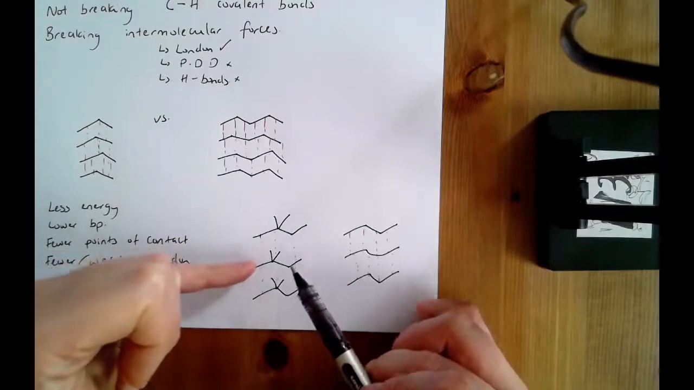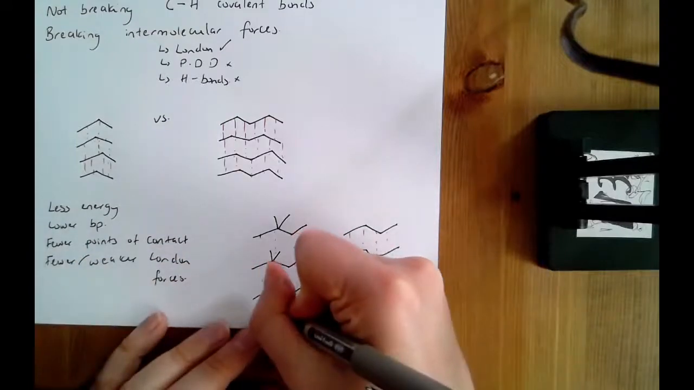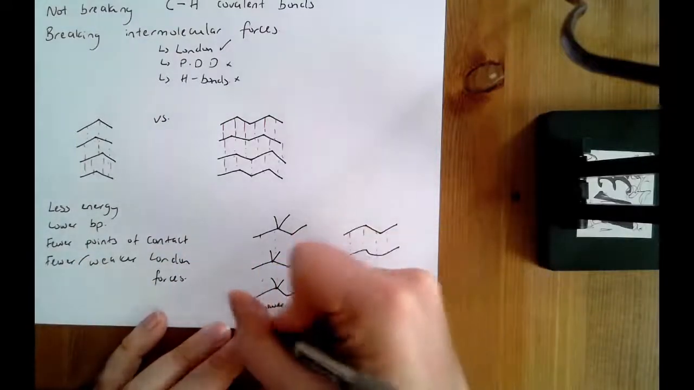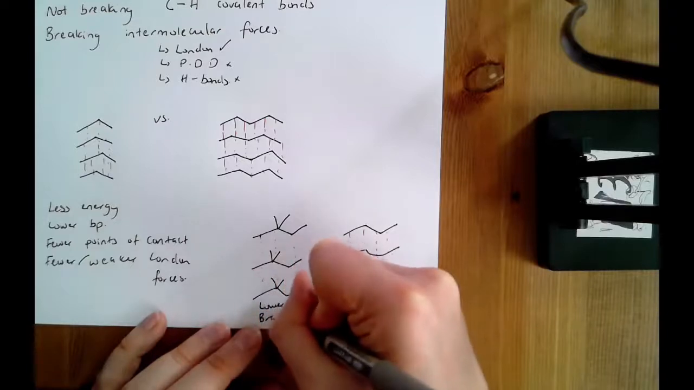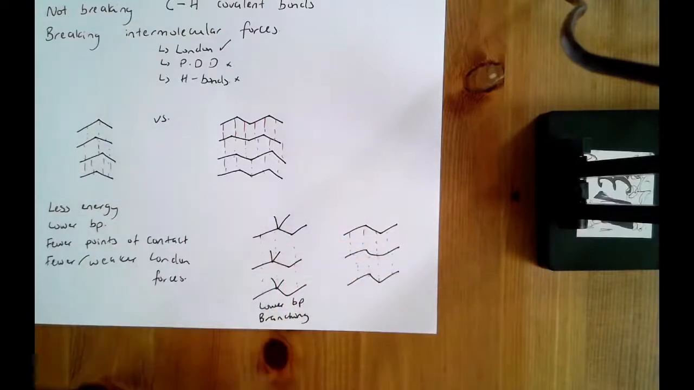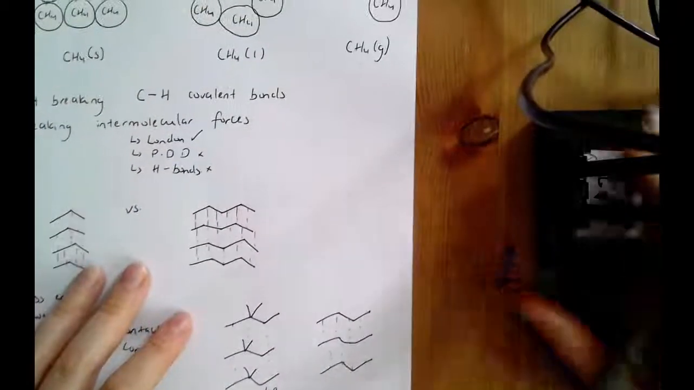So over here, you would have a lower boiling point. Lower boiling point because of the branching means you have got fewer points of contact, therefore fewer or weaker London forces. If we just look at one more example,